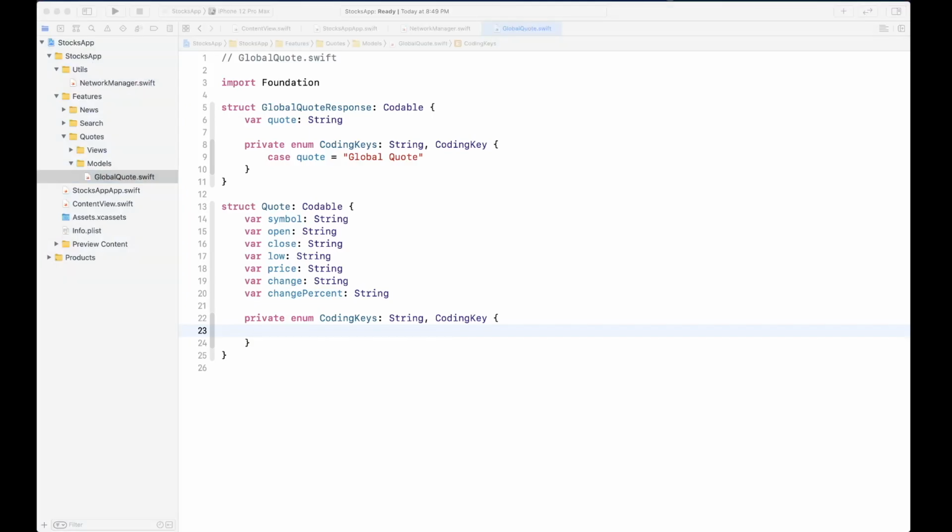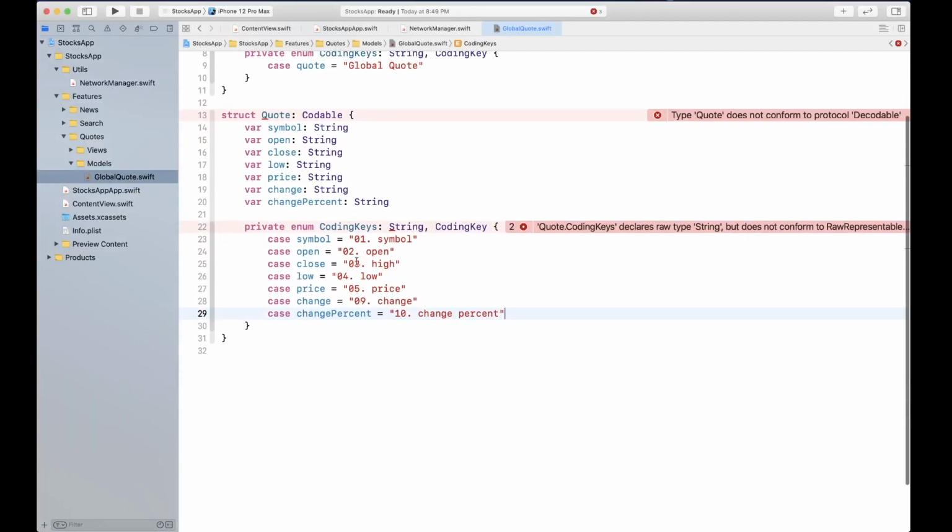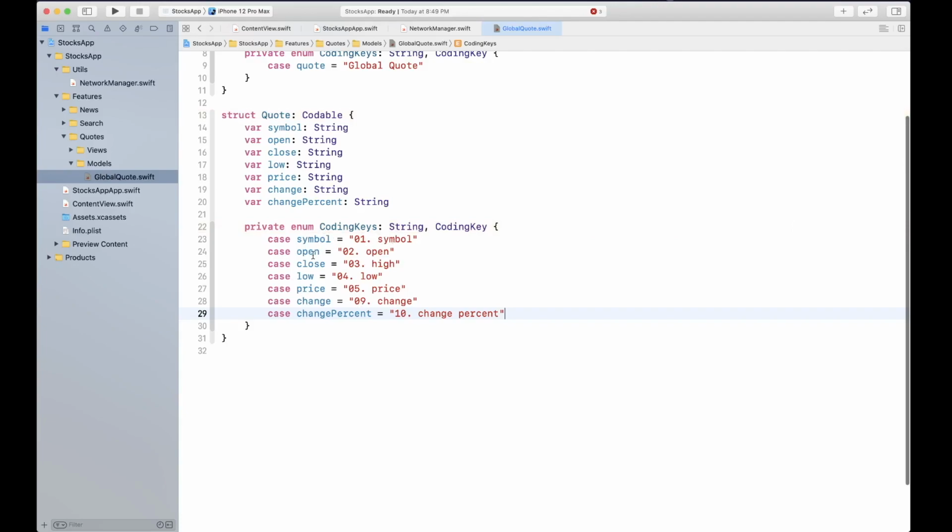So let me go ahead and copy paste those cases. This is what we represent: 01 represents symbol, 02 open, then you have close.